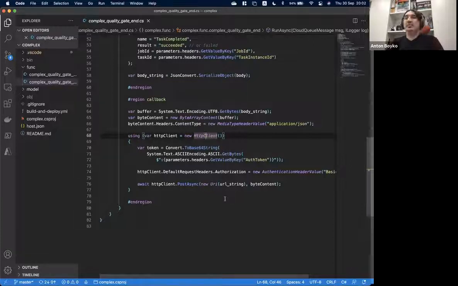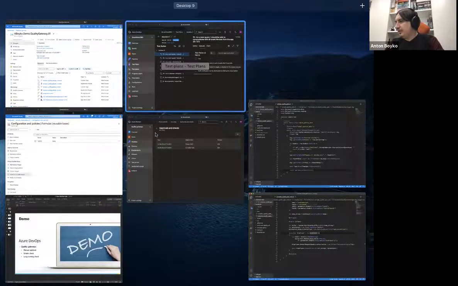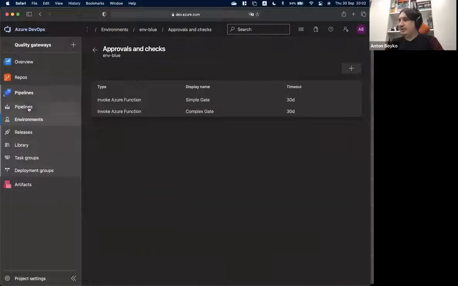And after that, I'm serializing everything, and I'm just sending a regular HTTP request with a regular HTTP client. And if I go back to my Azure DevOps, which is here,